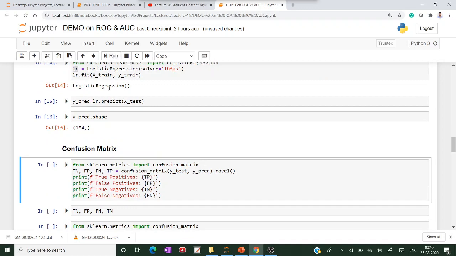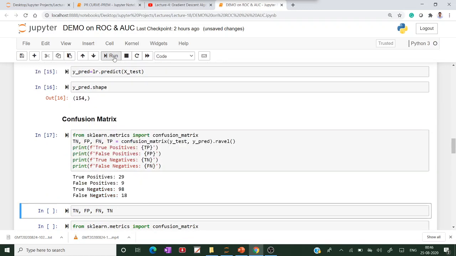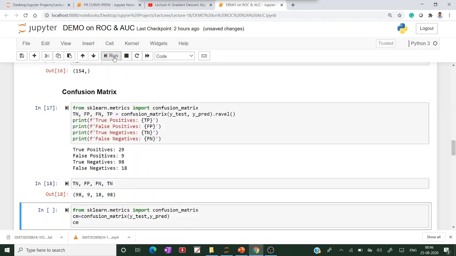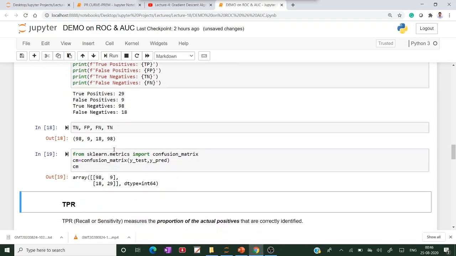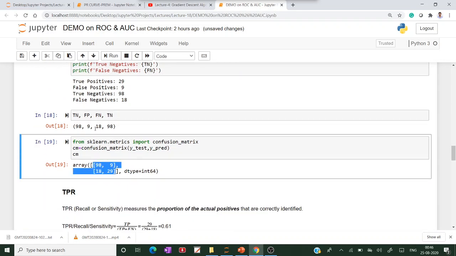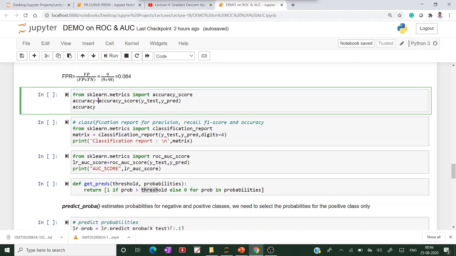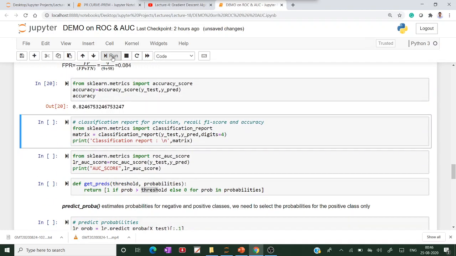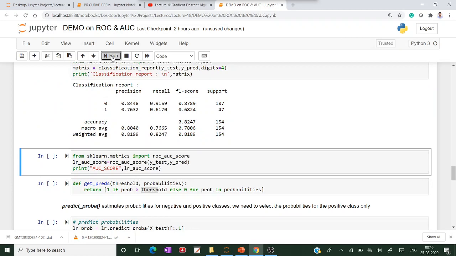This is the confusion matrix with the default threshold value of 0.5. If you note it, this is the confusion matrix we got, the default values of the confusion matrix, classification report and AUC.